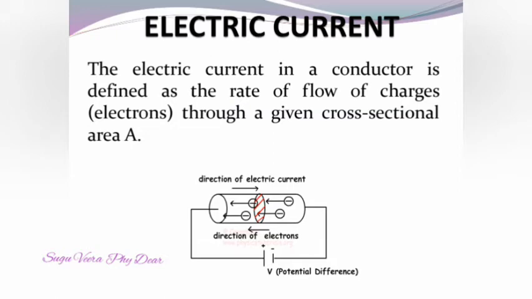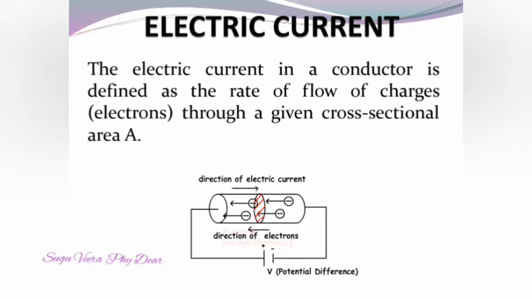If a net charge capital Q passes through any cross section of a conductor in time t, then the current is defined as I = Q divided by t. But charge flow is not always constant. Hence, current can more generally be defined as I average = del Q divided by del t. Del Q means the change of charge, del t means the change of time.